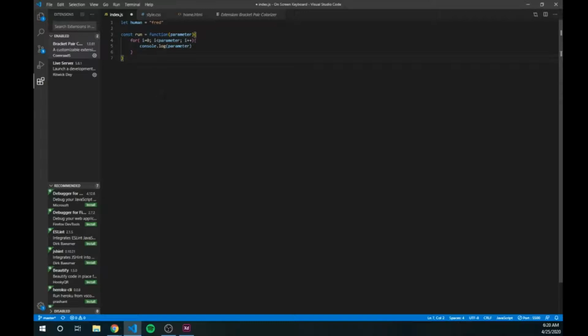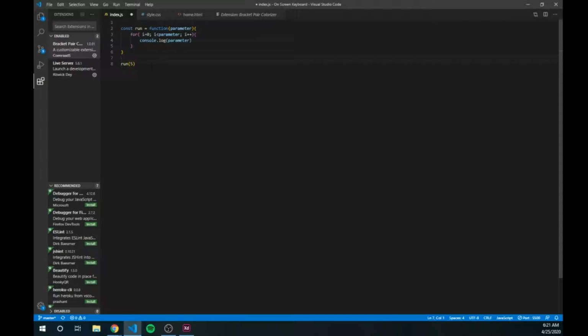So that's a very simple script. I don't even need this. So this is a simple function, so if I do run 5,